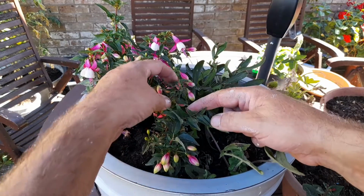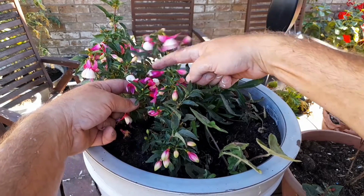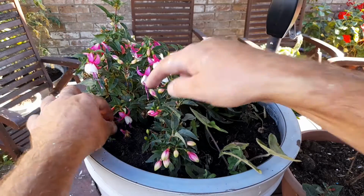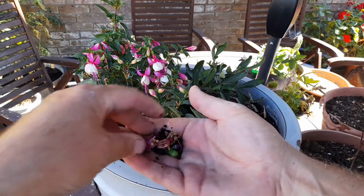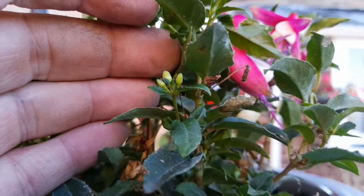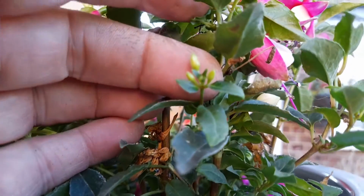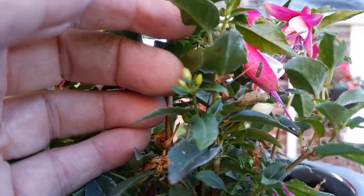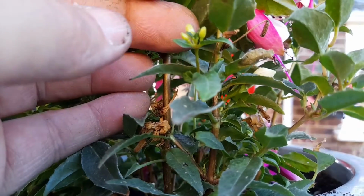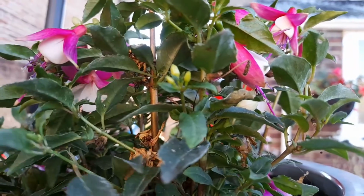So just go through, checking. There we go. So it can be a bit hard to distinguish whether these are new blooms, but if we look closely, we can see the blooms are right on the top of the stems and they're facing upwards. So these are going to be new blooms, whereas